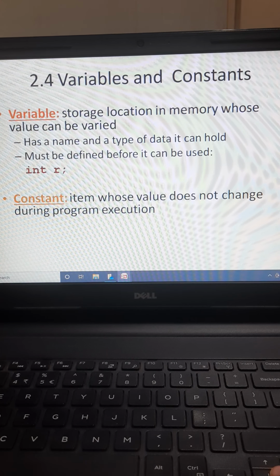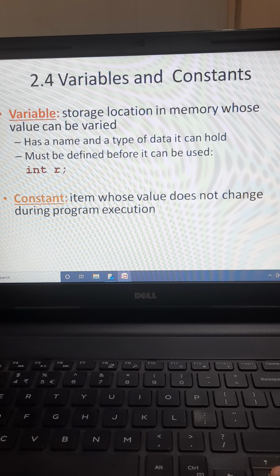In the previous example I gave you the bank example, in which the user is asked to enter his ID and password or PIN number, right? Each user has a unique PIN number and the value will be different for different users. So that value accepted from the keyboard has to be stored somewhere in a program variable.